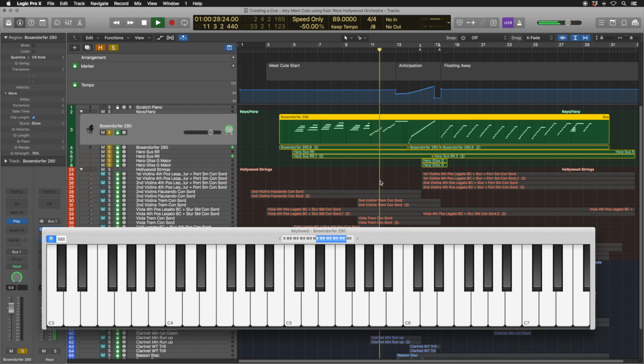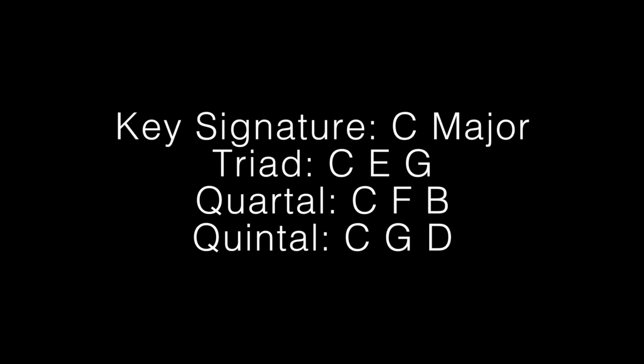If you don't know what chordal and quintal chords are, chordal chords are built upon fourths, and quintal chords are built upon fifths. I think chordal chords sound dark and mysterious, while quintal chords sound bright and airy. So contrasting these two adds a nice touch to the conversation and gives it a sense of uncertainty, backing up